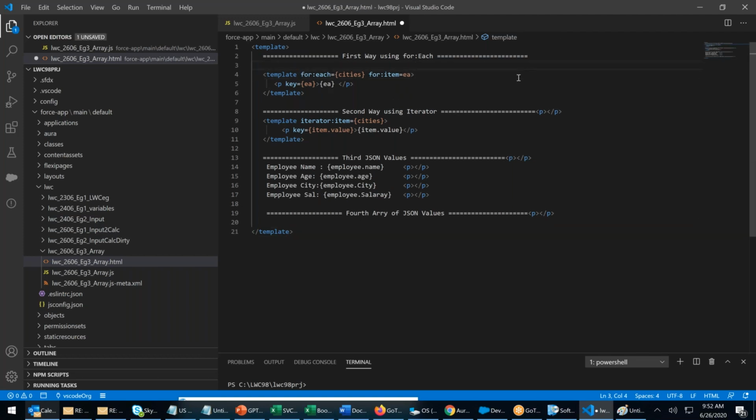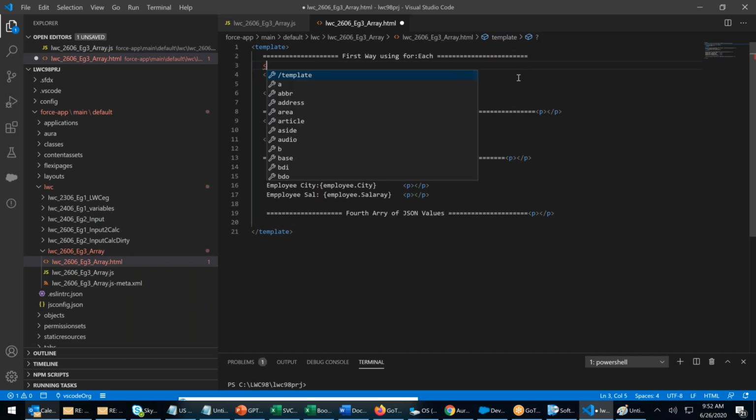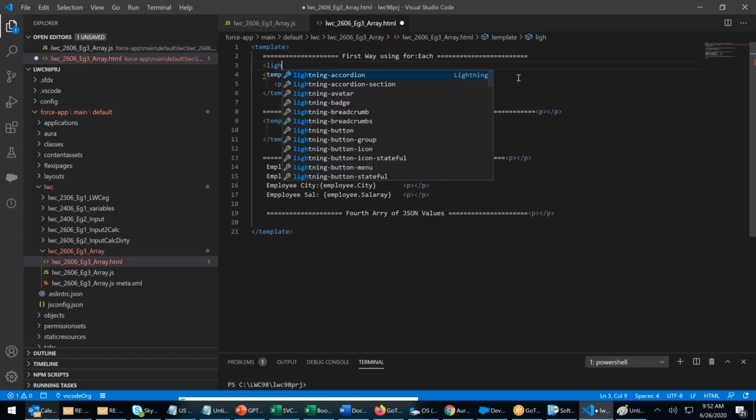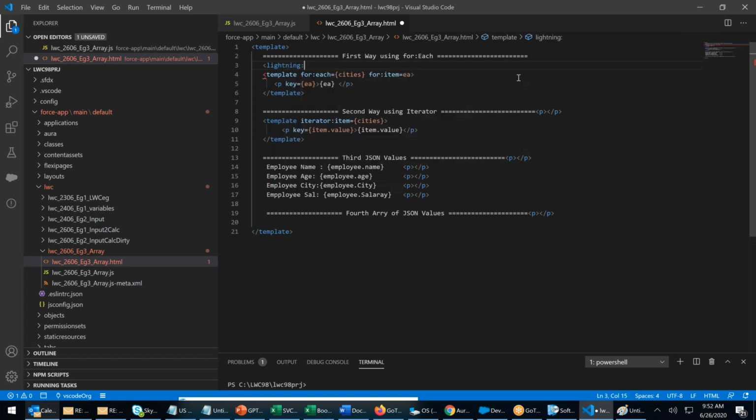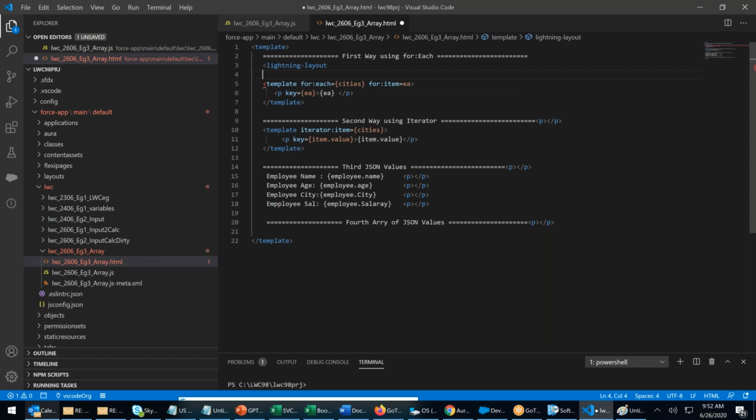You can, if you want, use lightning layout.